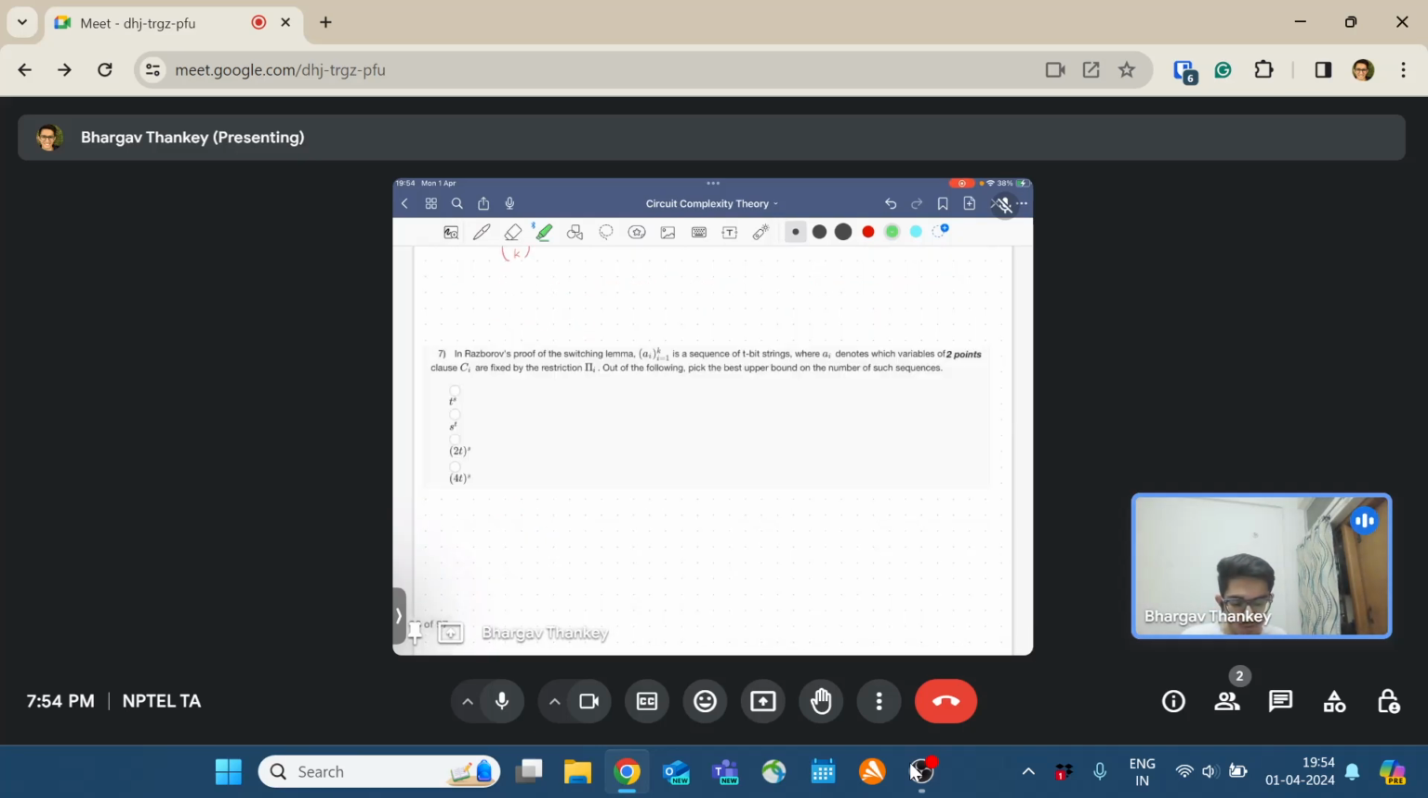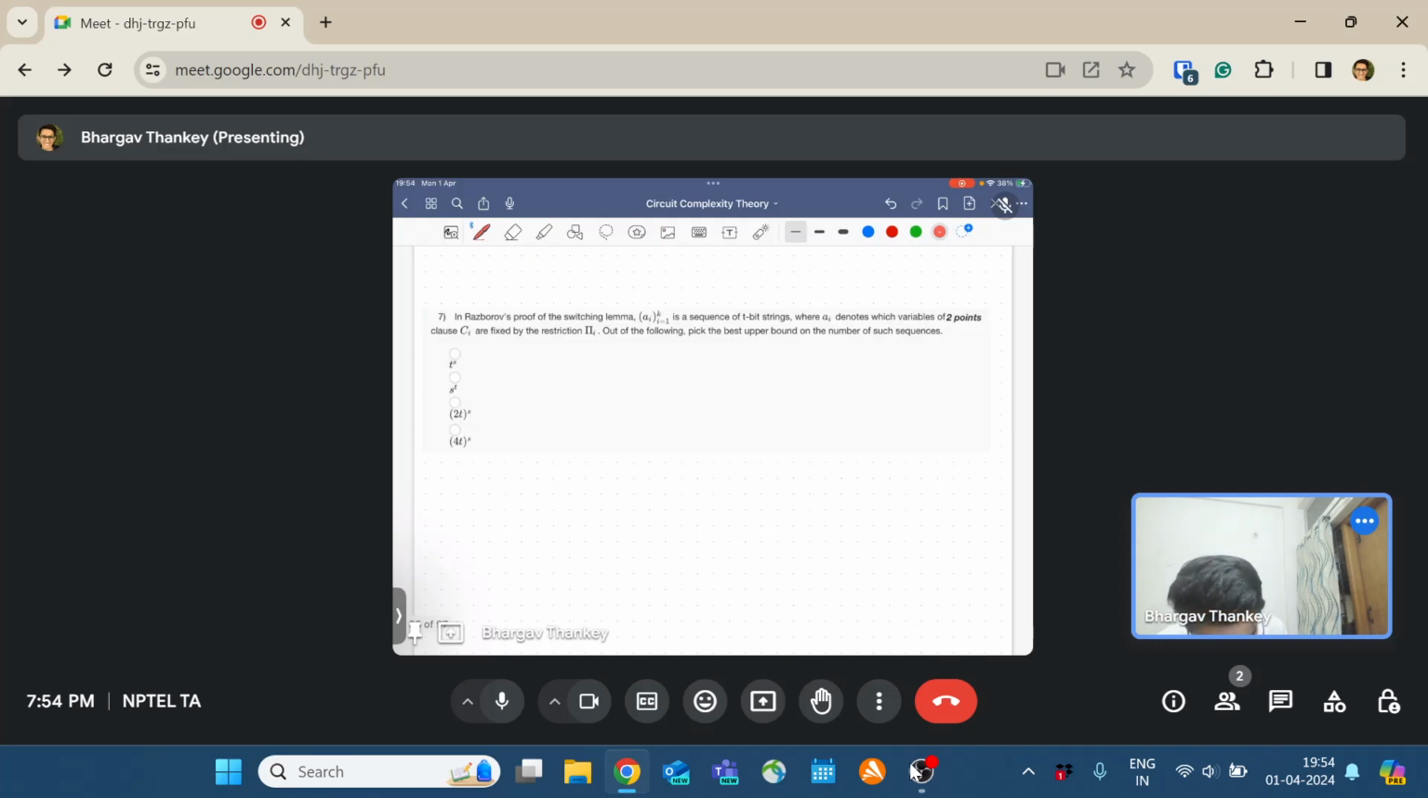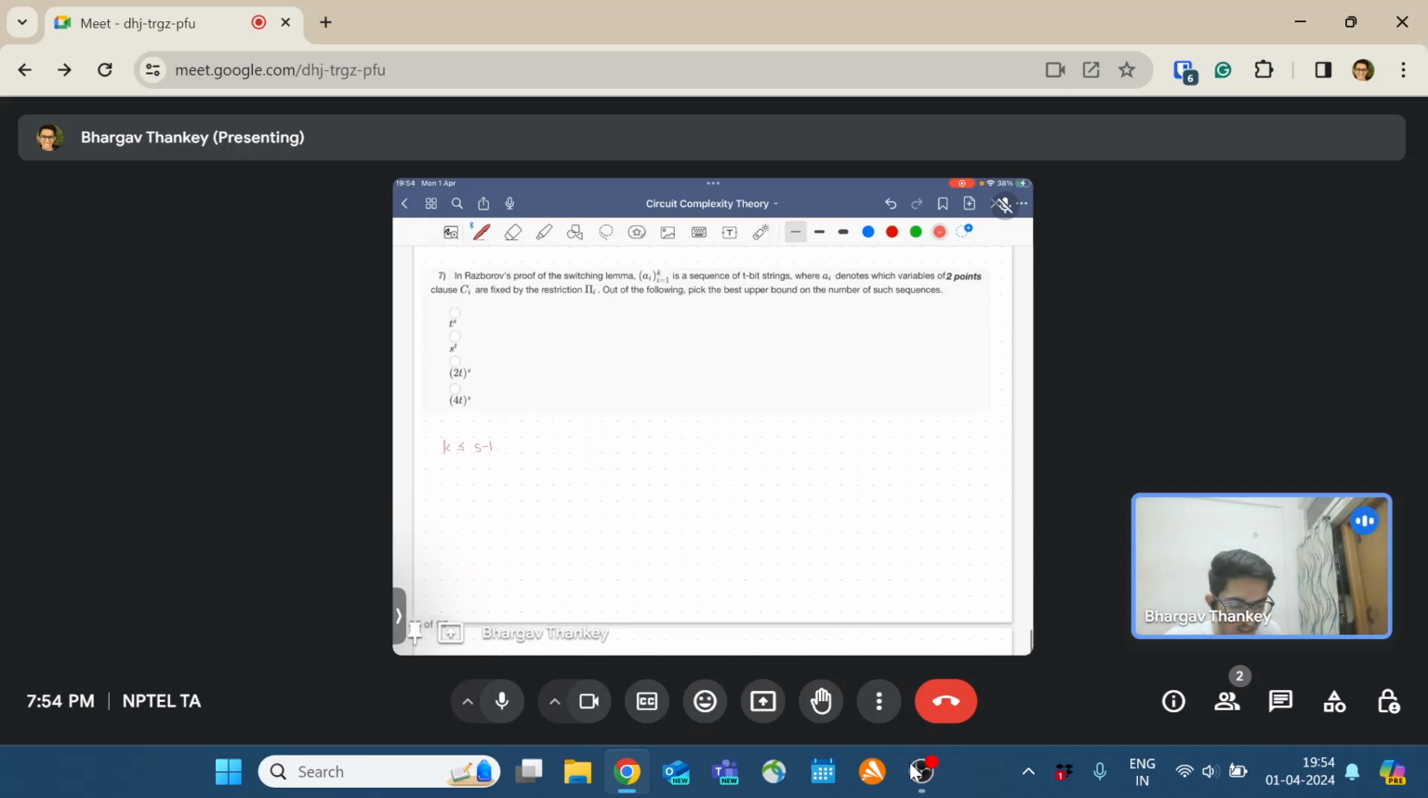So in Razborov's proof of the switching lemma, a_i is a sequence of t-bit strings where a_i denotes which variables of the clause C_i are fixed. Pick the best upper bound on the number of such sequences. So first, k is at most s minus 1. And so each pi_i,